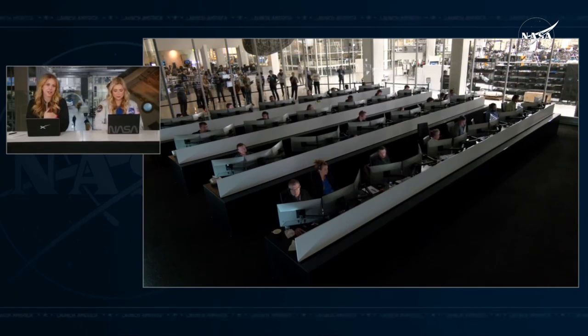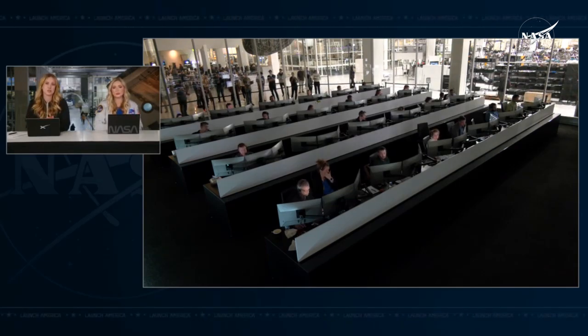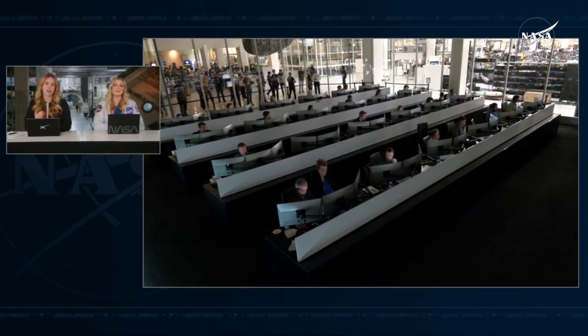Now, after Dragon Freedom has re-entered the Earth's atmosphere, a series of parachutes will deploy to slow the crew's descent. First will be the 2 drogue parachutes, followed by the 4 main parachutes, and those will guide Dragon to its first contact with Earth since it launched back in September. Dragon will automatically deploy these parachutes when different pressure and positioning sensors on the spacecraft detect that they're at the